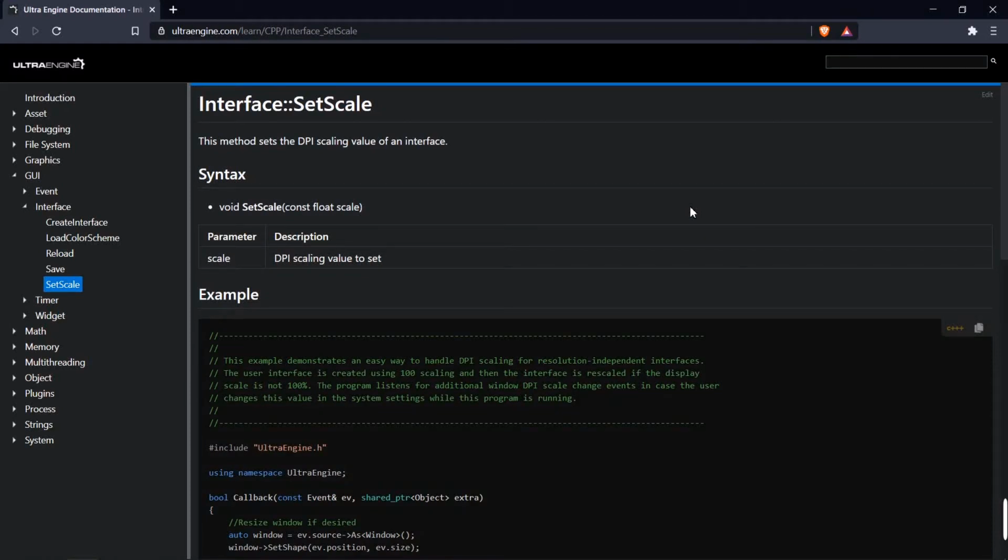In this video, we're going to talk about DPI scaling. Now, modern computer monitors have support for a wide range of DPI settings. We have 1080p monitors, 2K, 4K, 8K, and fortunately, our graphical user interface system supports all of them because it can be made to be completely resolution independent. So if we go to the interface set scale command, we can just copy this,